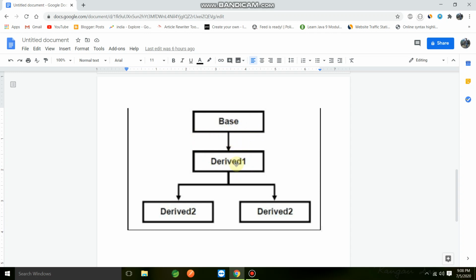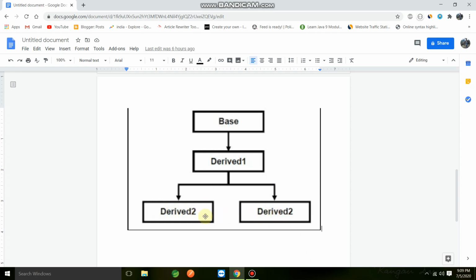But if you go further and see these three classes, derived 1, derived 2 and derived 3, suppose there is no base class. Derived 1 is a parent class of derived 2 and also a parent class of derived 3.